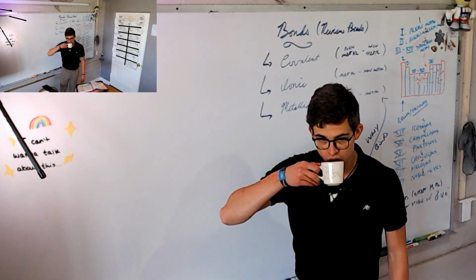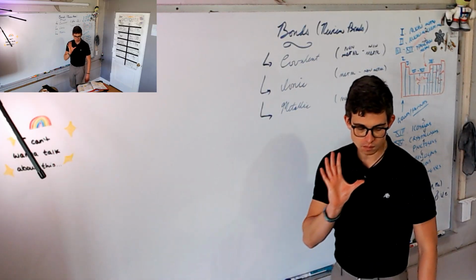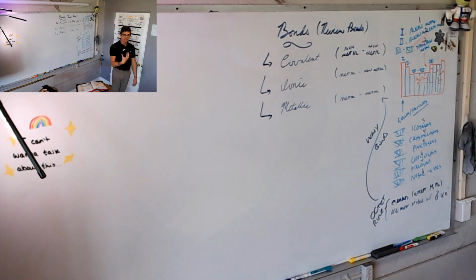Why bond? To be more stable. That's the answer for the physical, but I don't think that applies to my analogy. Like, man, I am unstable. I need a girlfriend. No.